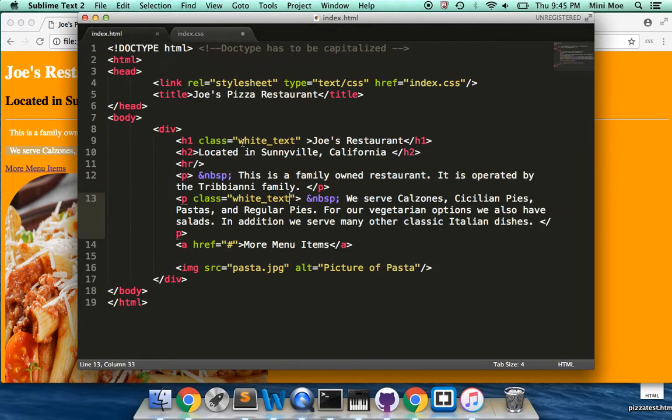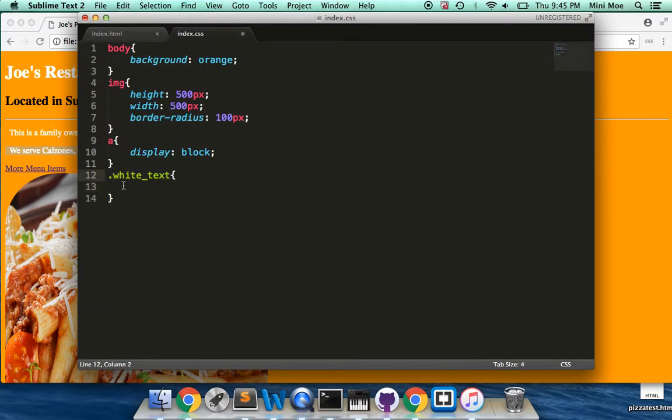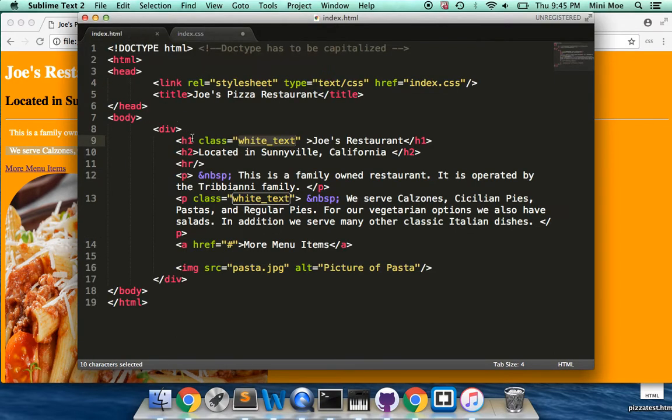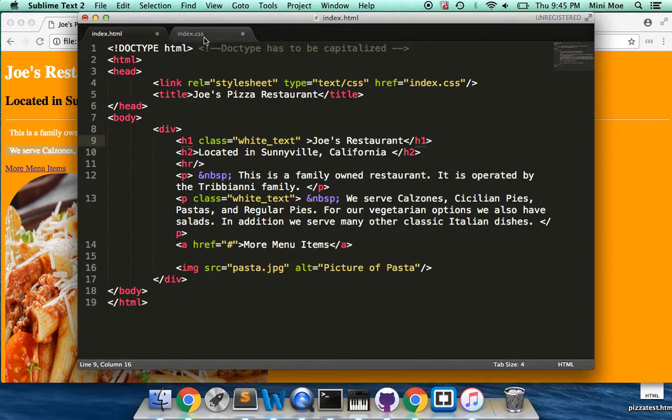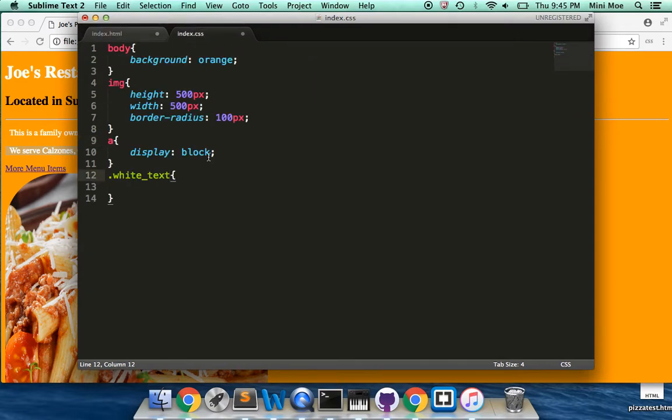So we have the white text class, and we have the dot and white text. So let's say the class was named dogs. We would have dot dogs. There's also IDs, but the problem with IDs is you cannot use them for multiple elements. You can only use one ID for one element. ID is more for adding JavaScript to specific elements or creating elements, but class is really usable for creating CSS properties. So I'm going to give it a color of white,